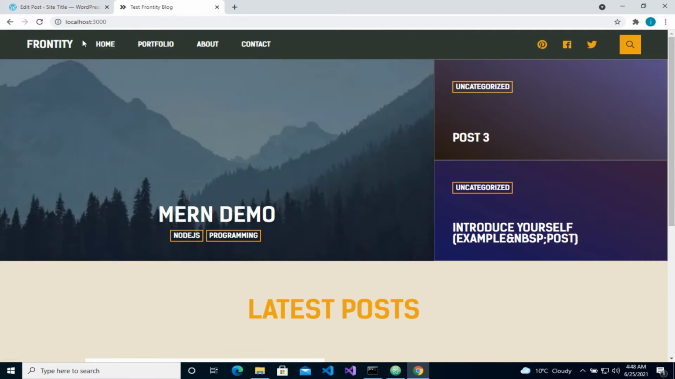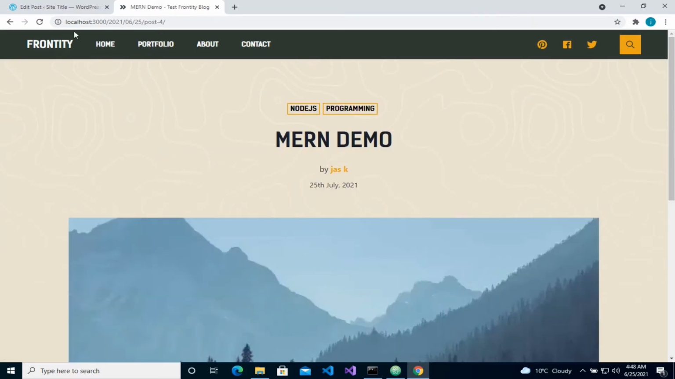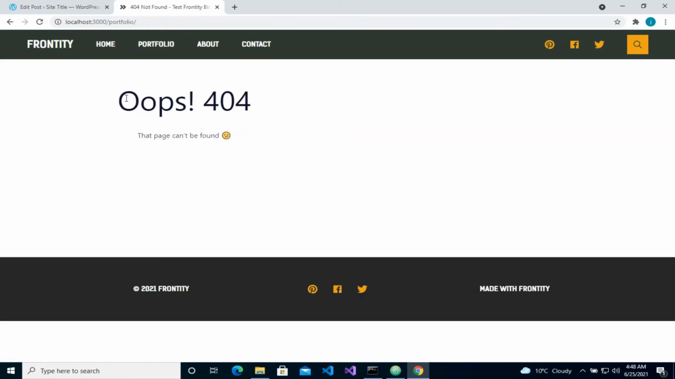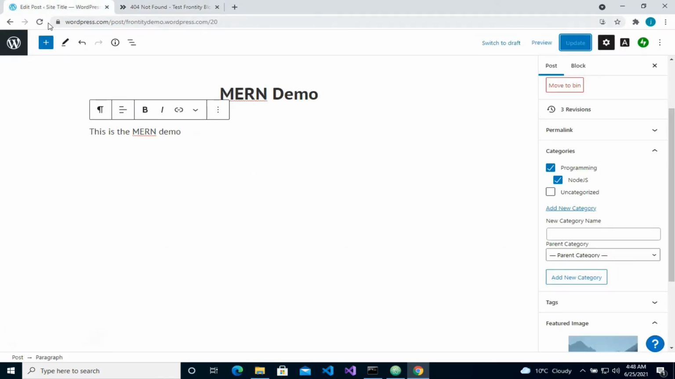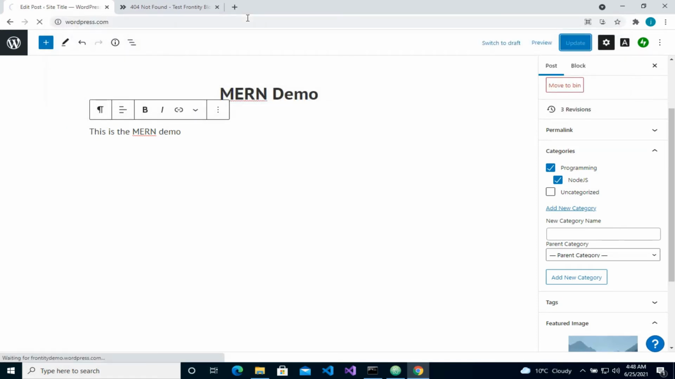Now we might want to edit our main menu slightly. If we click on home, it'll direct us to this page. I'll click on our MERN Demo post, and then I'll click home, which will bring us back. Portfolio, nothing is displayed here. If we go back to our WordPress.com site,